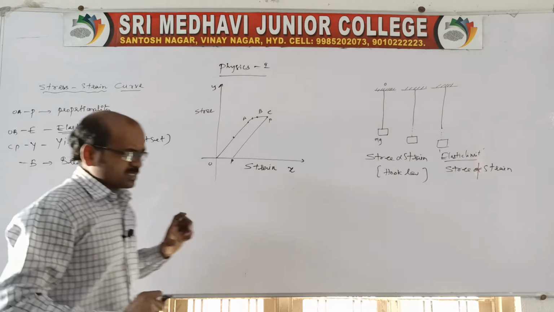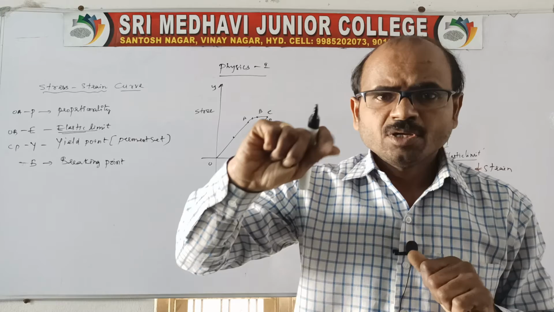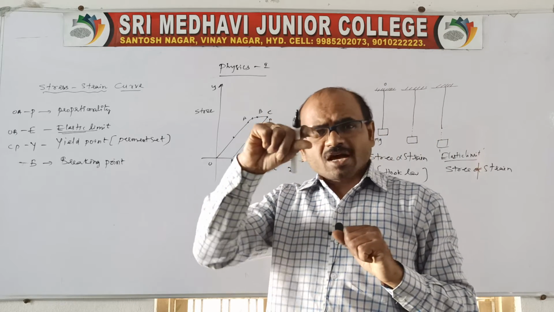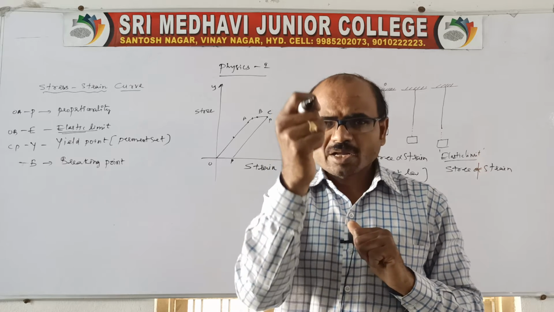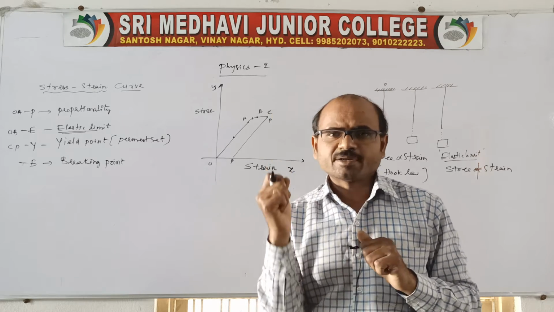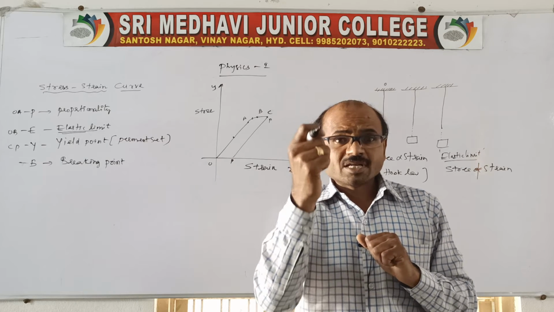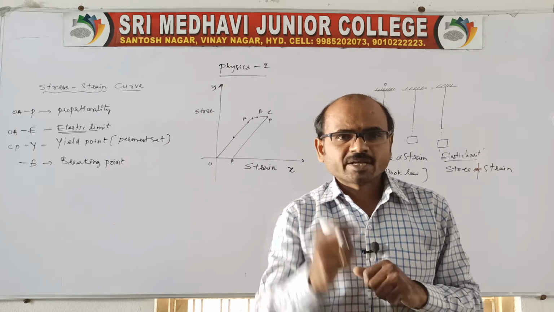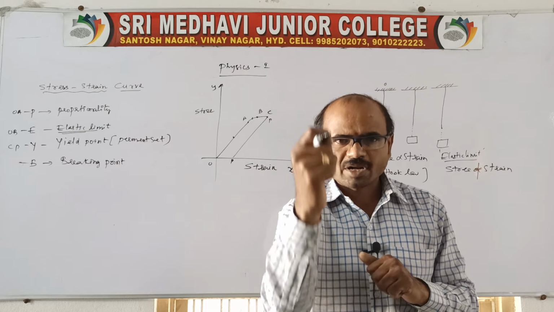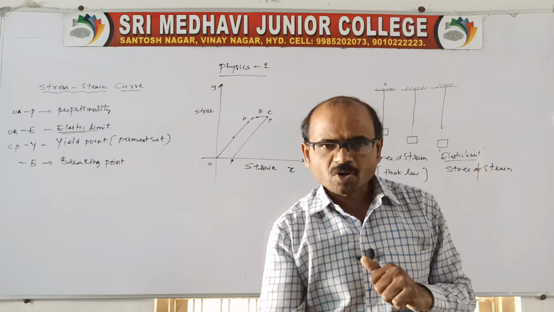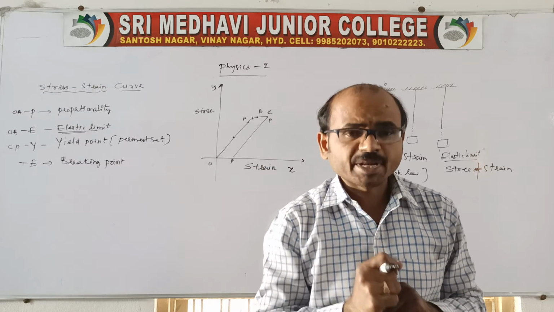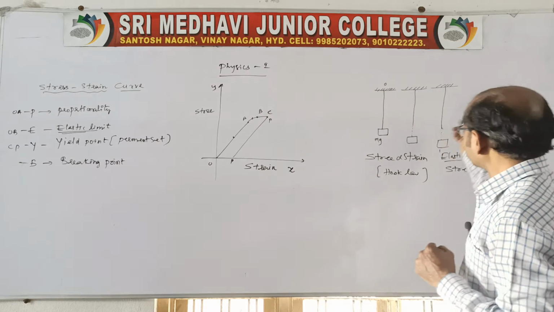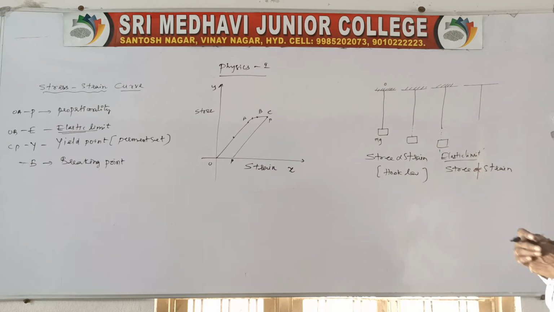Yield in the sense, I'll tell you one example. Suppose we are closing a tap; after closing we'll get one line, a water line, a thin line, not thick. That thin line is what we can call yield. It is like a straight line of water. After that, when it reaches the bottom, it breaks and becomes drops, that we can call breaking.